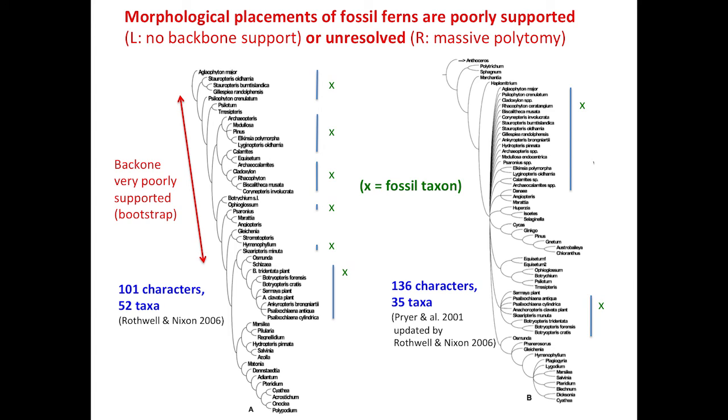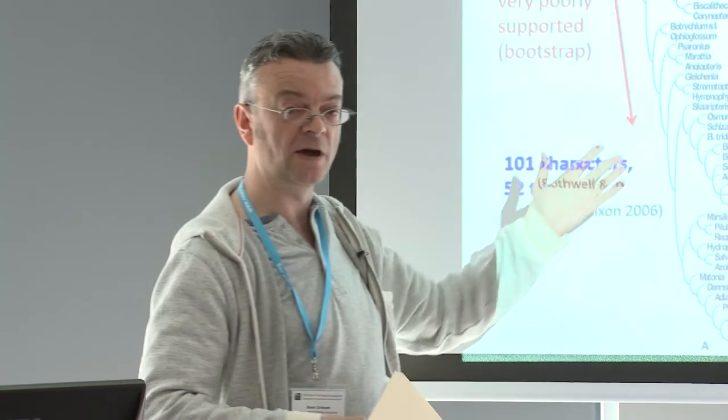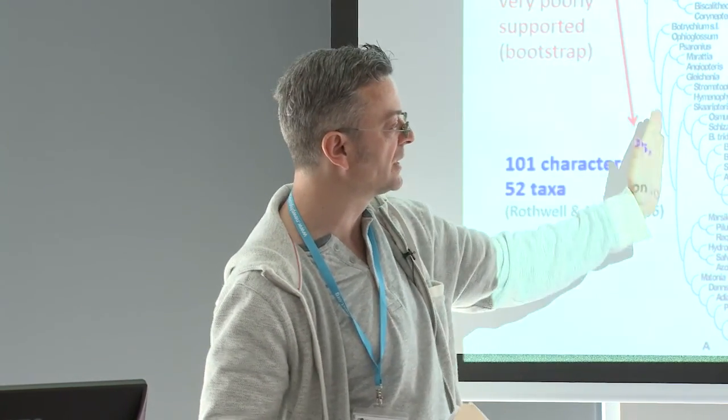So Gar took an analysis that he had done a couple of decades ago, building up a large morphological data set of ferns that included extinct lineages, these X's here, and extant lineages, and did some phylogenetic inferences using parsimony, with these numbers of characters and taxa, not a good ratio to have here. And surprise, surprise, if you try to do bootstrap analyses on these sorts of data sets, you get basically no support for the backbone. If I was wanting to publish this, I would be really uncomfortable, and I don't have a good sense of how well supported these relationships are, but